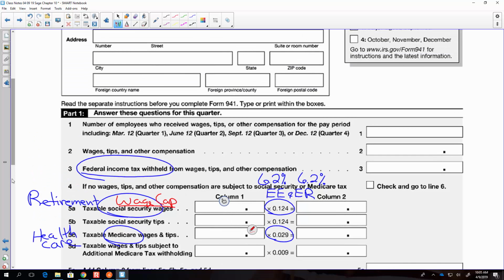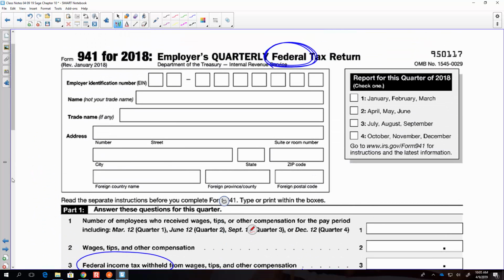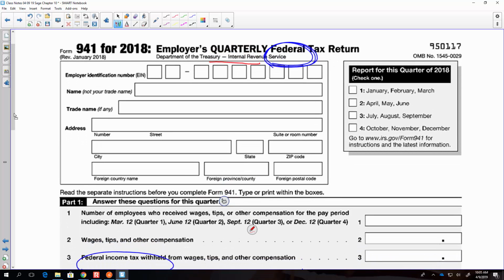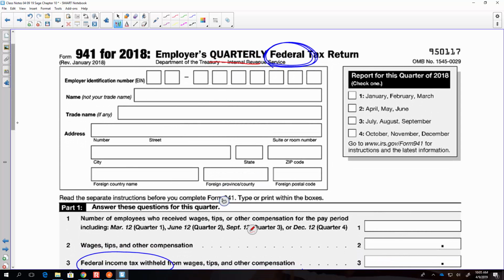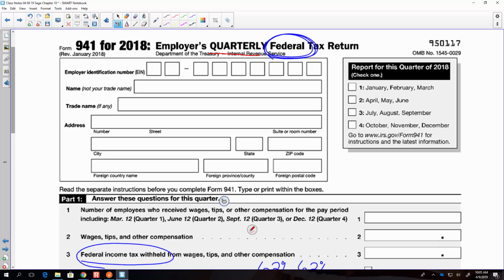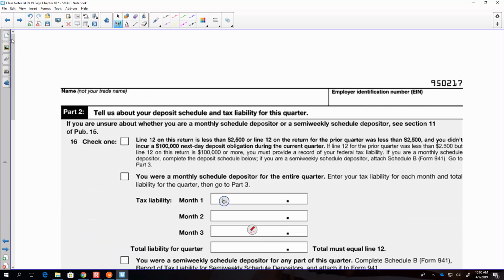this form is filed how often? Depends on how much. No, quarterly. It's the only one, it's quarterly. Just like unemployment, I don't care what amount you pay in, it's quarterly for unemployment, right? Also, with this report, come on to page 2,